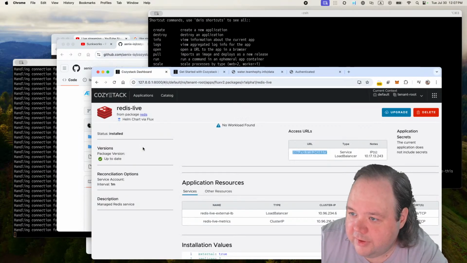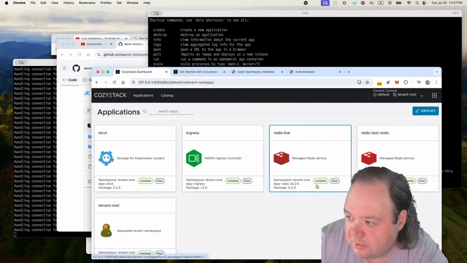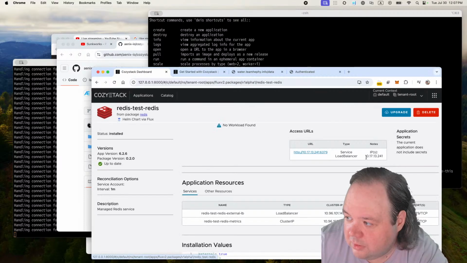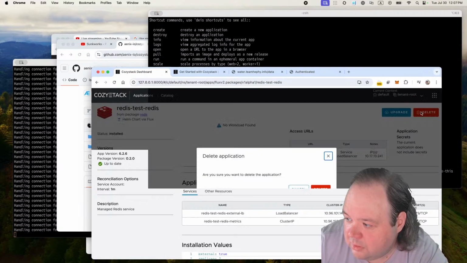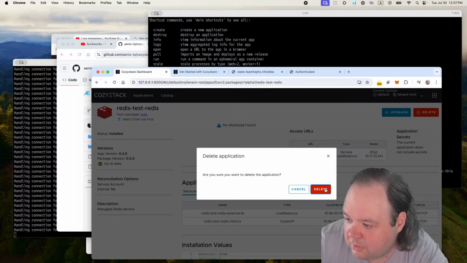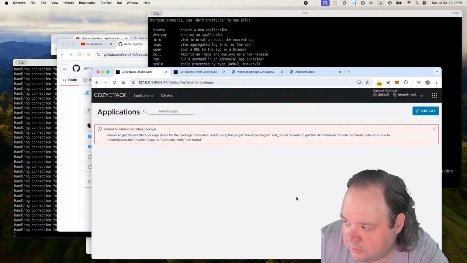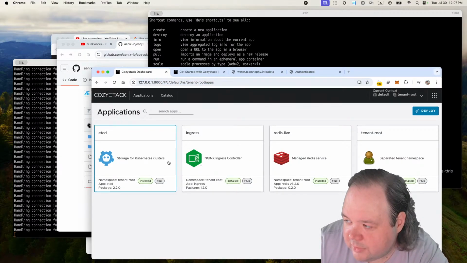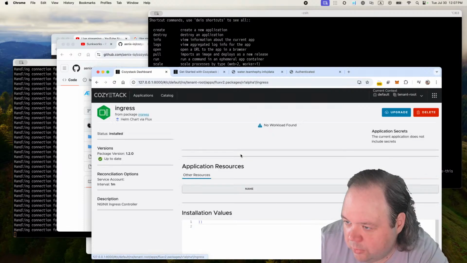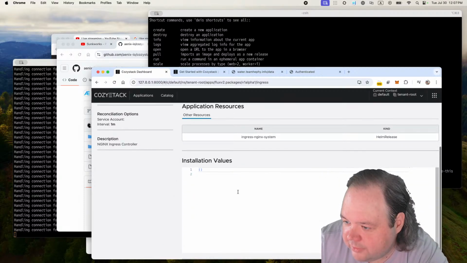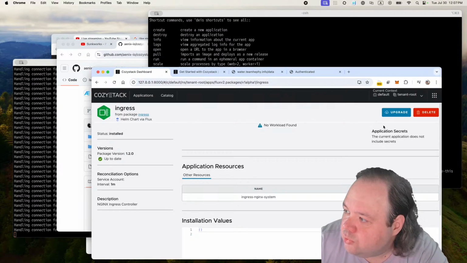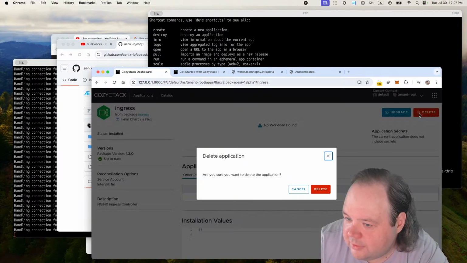So I think we can just tear down the old Redis. Just delete it. Got some UI glitches, but that's okay. And now we can deploy our Kubernetes that will use that. Here we are going to use the Ingress. So we actually need to re-roll out this Ingress so it gets a new